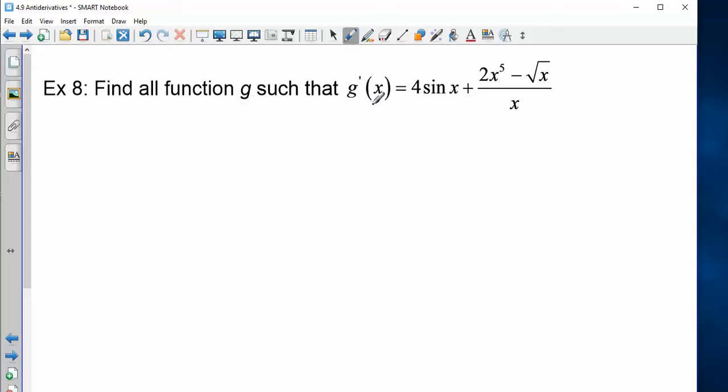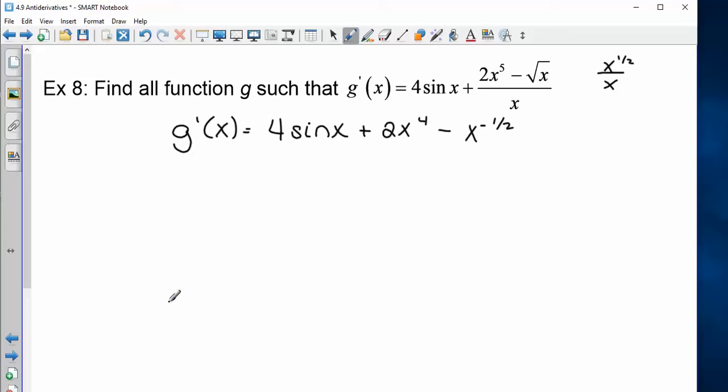So I want to find g so that g prime is equal to this. So I'm just asking you to find the antiderivative. I am going to go ahead and rewrite this g prime. Since there's only one term on the denominator, you can divide each of them. So 2x to the 5th divided by x would be 2x to the 4. A square root of x, that's like x to the 1/2 over x. What would that give me? X to the negative 1/2. So, antiderivative,